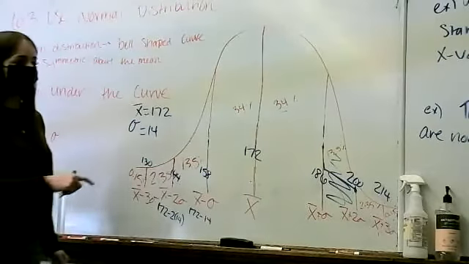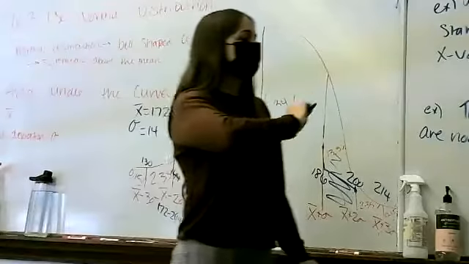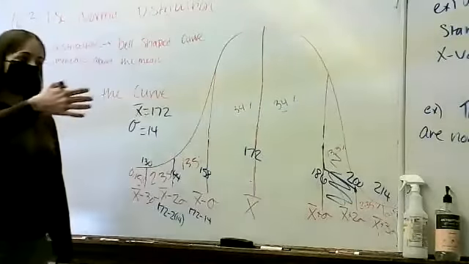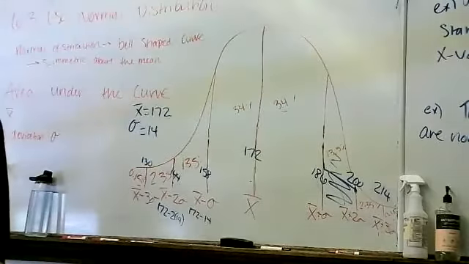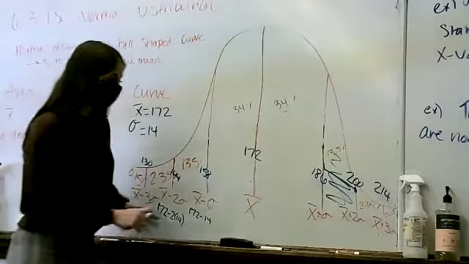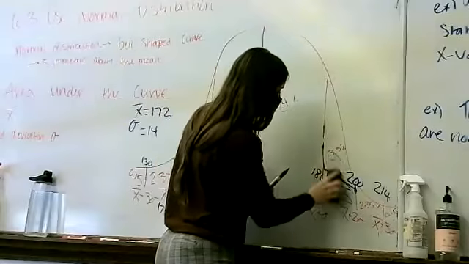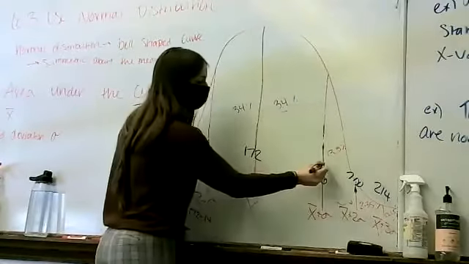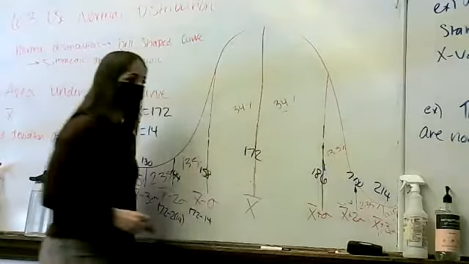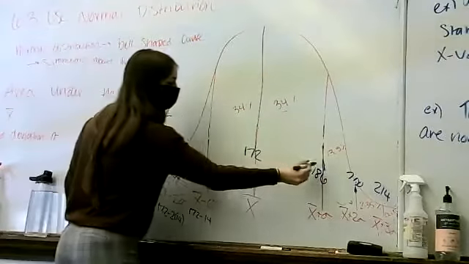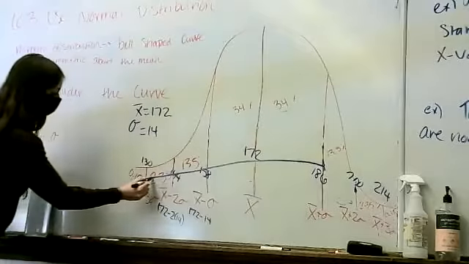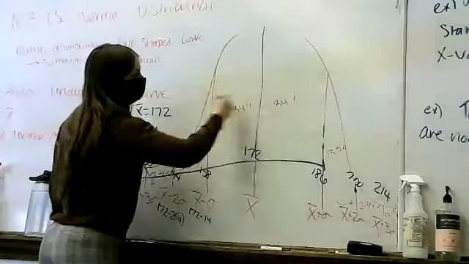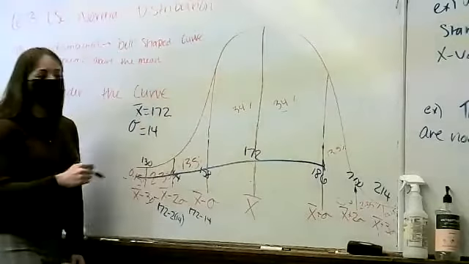Okay, one last one. C. How many women will be at or under 186? So 186 and under. So what do I have to do for that one? This one is no longer included. I have one upper bar and then everything else. So I can go as high as 186, but I can't go any higher. But I include here all the way back to here. So this would technically be everything that I'm including. So you have to add up